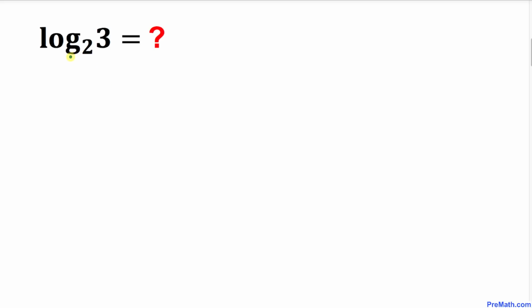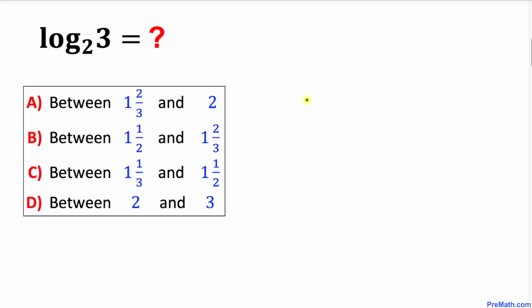In this video tutorial, we are going to find the value of this given logarithmic problem. As you can see, our logarithmic problem is log of 3 with the base 2. And here's the question. We have been given 4 different options and we have to find out where this value